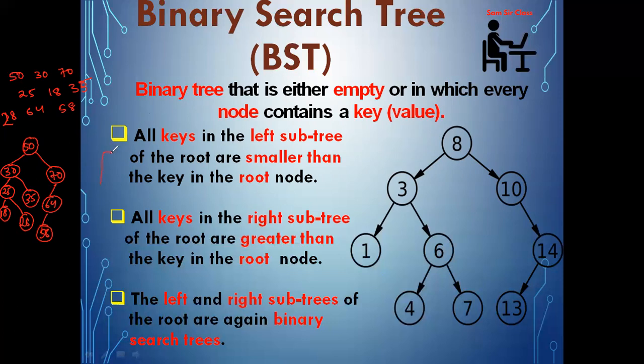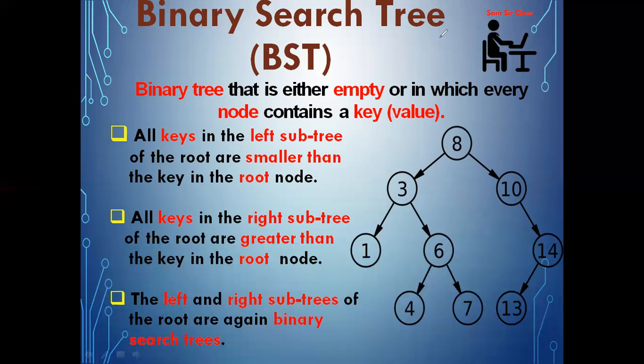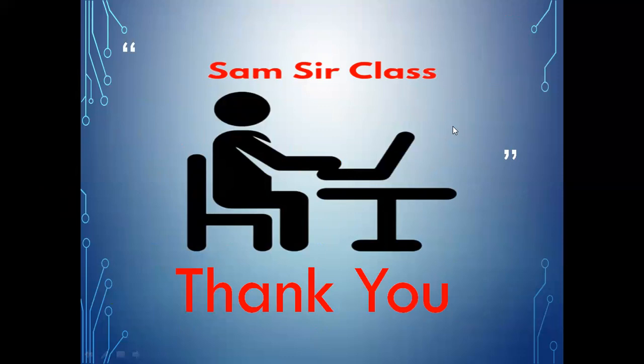And if you see, all these rules are applicable here. That means the values present in the left subtree are less than the root node, and every value present in the right subtree is greater than the root node. Duplicate values are not allowed in the tree. So this is the overview or the basic concept of the tree.